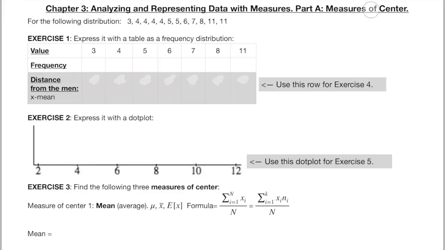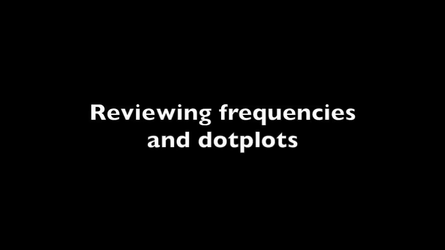The goal of a measure of center is summarizing the whole distribution in a single value. We expect all the other values to fluctuate around this one, some of them above, some of them below. In this course, we will work with 3 measures of center: the mean, the median, and the mode. Let's introduce them with the help of this distribution.